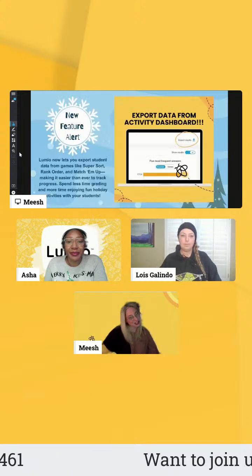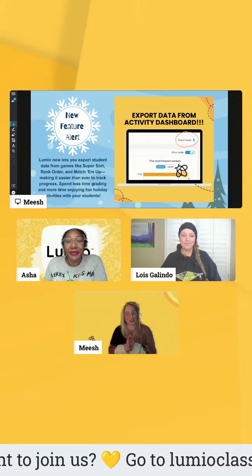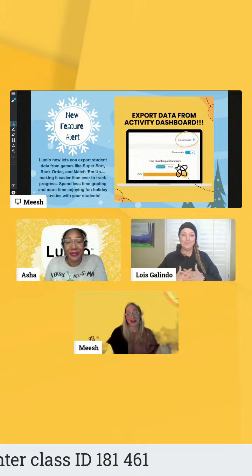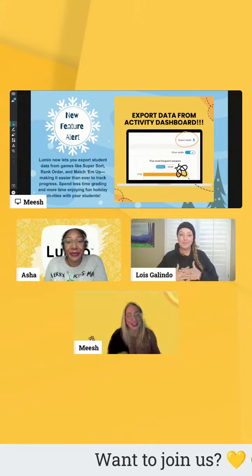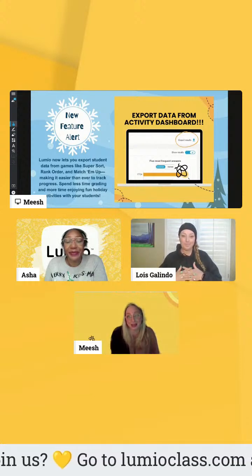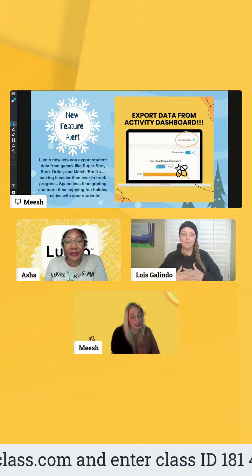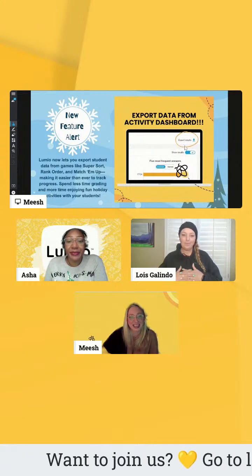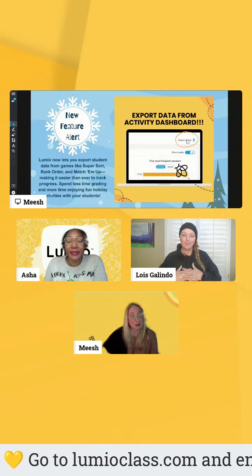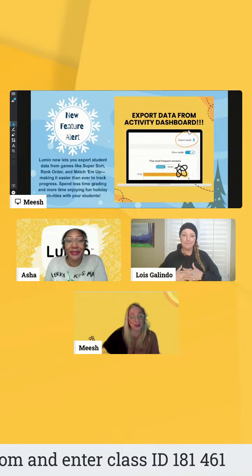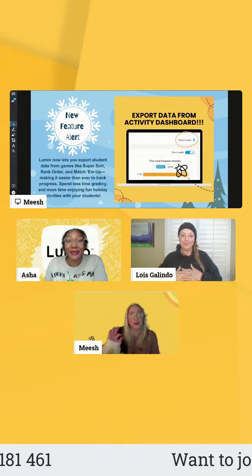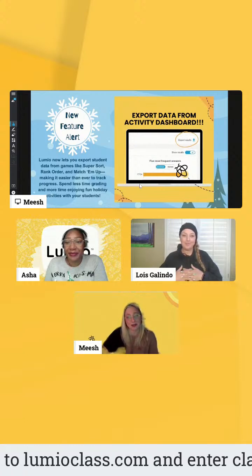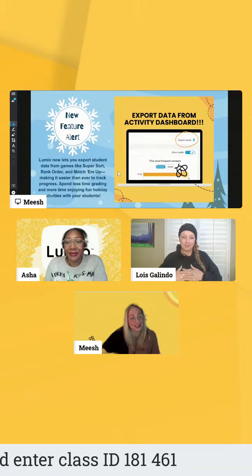So before we all let you go, we have one more new exciting feature alert. So we talked about Lumio class switchover. We talked about the new stickers, but now also take a look if you haven't yet in the super sort, rank order, and match 'em up games. Those are the 3 games where you get that teacher dashboard. Take a look in the top right corner because now the new exciting release is you can also export those results into an Excel sheet. So end of the year, who has time to do grades? How easy is it to close out our year and just take out those little check for understanding activities that we might do with those